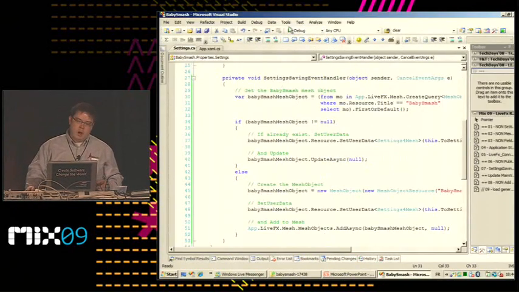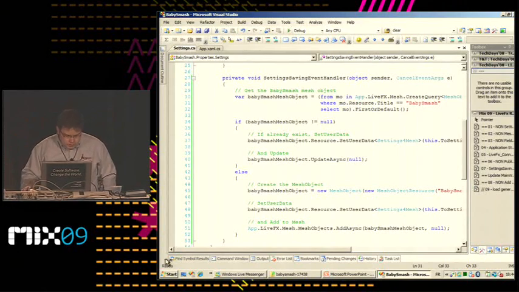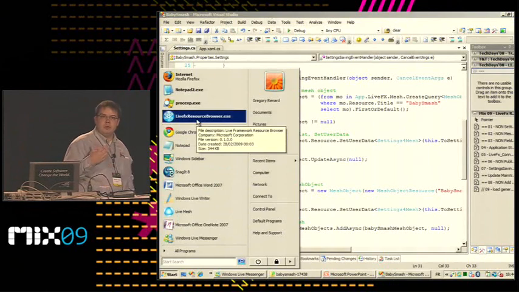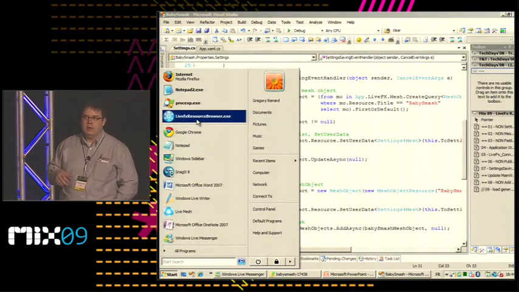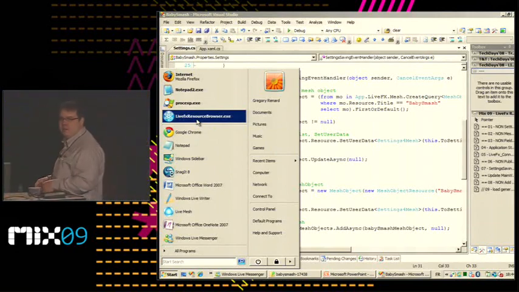And how can I look if my information is right on the cloud now? We can use on the SDK a tool named the LiveFX Resource Browser. It's a great tool, but it's a little hard for me to quit my Visual Studio, and I prefer to work directly in my Visual Studio.